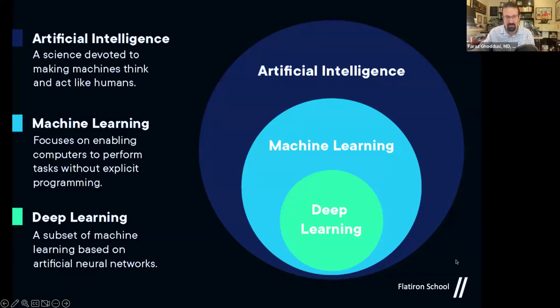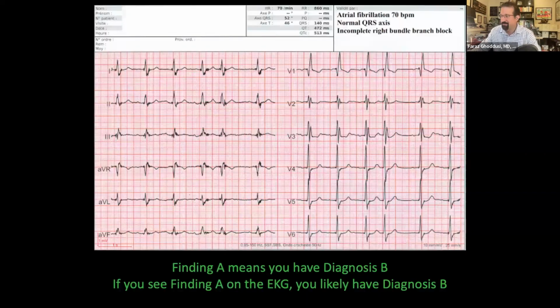And I'll get into some examples of each of these because really they're things that we've been seeing for decades, but we may not be thinking about them as AI. The most common one we see in our practice is going to be those preliminary readings with the EKG. So finding A means that you have diagnosis B. So you have an irregular rhythm. We kind of know what's going on, right? So it's very simple, like looking at one particular pattern or one particular thing, telling the computer, hey, this is what that means, so that when it sees it again, it sort of spits that out as the output.